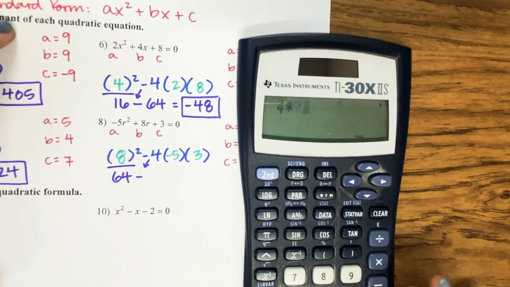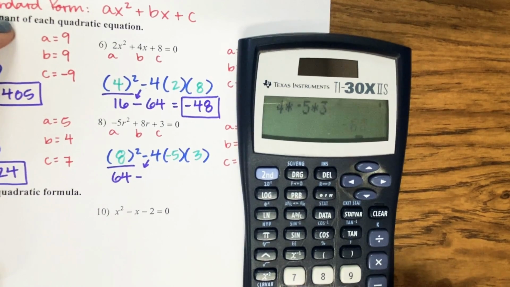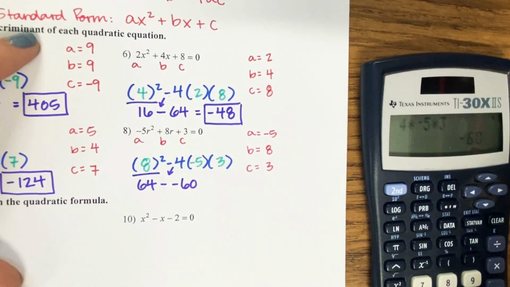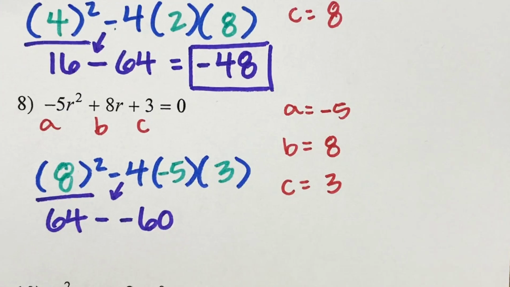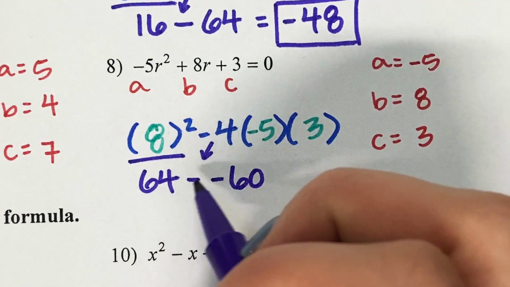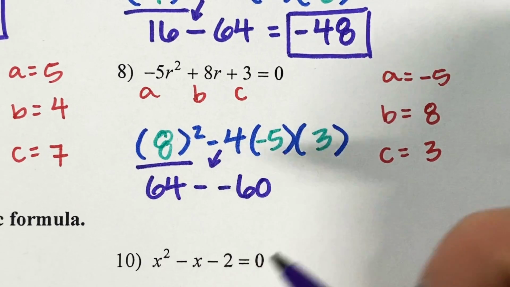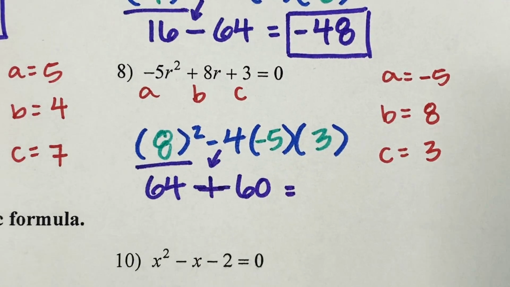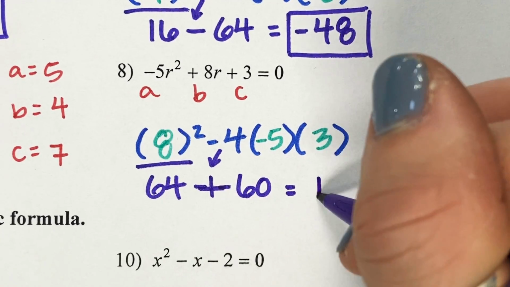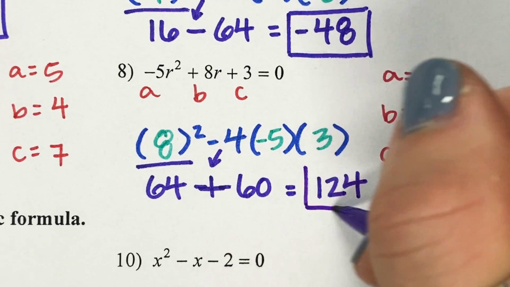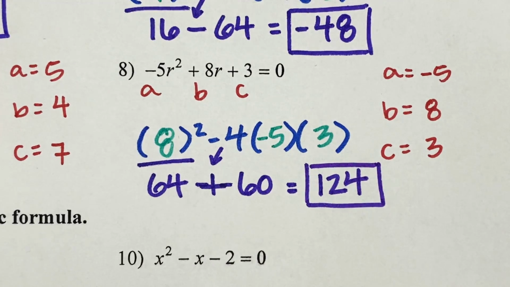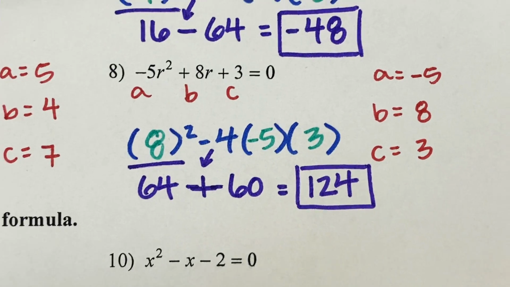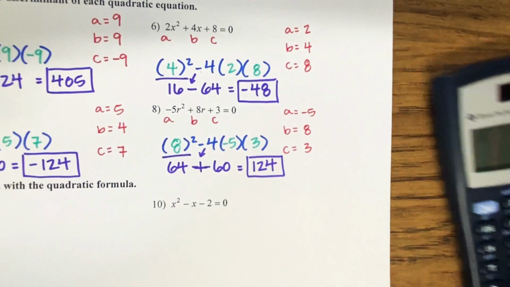4 times negative 5 times 3. It's going to give me negative 60. Okay, well, what happens when I have this double negative? 64 subtracted negative turns into a positive. And then 64 plus 60 is going to give me 124. And there we go. Okay, so we were just solving for the discriminant, just a piece of the quadratic formula